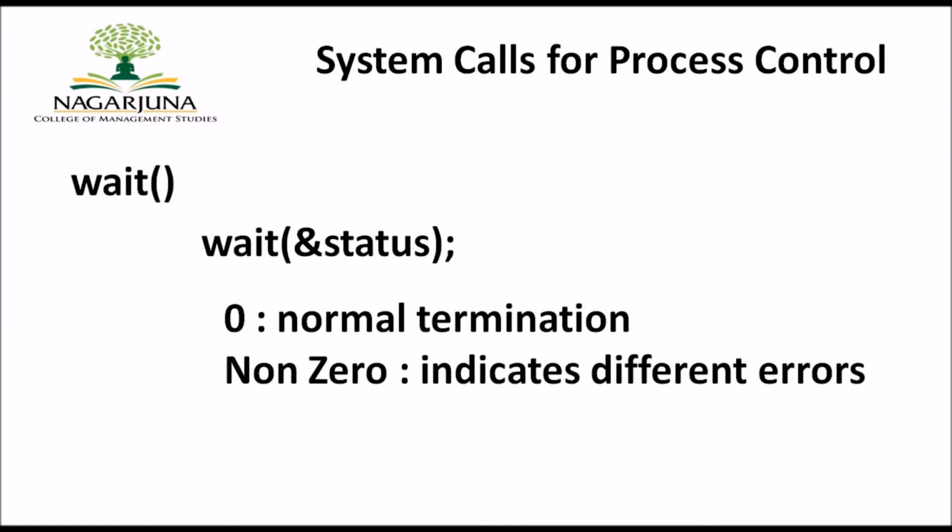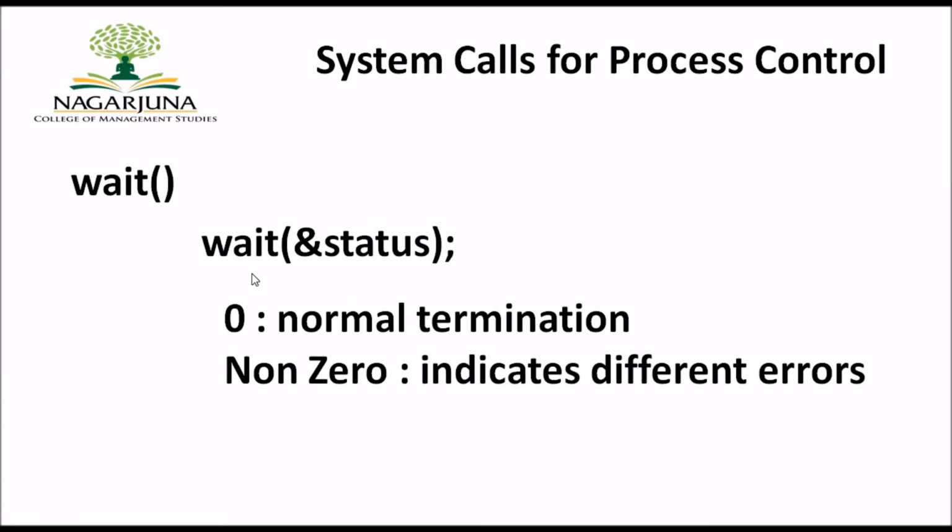Wait is a system call that causes the process to wait for a signal. As we know, a parent process has to wait till the child process executes and gets terminated. To initiate that, when the parent process has to wait till the child process completes its operation or terminates, a system call called wait is invoked. This is the system call which helps the parent process to hold up its operation until the child process completes its operation.